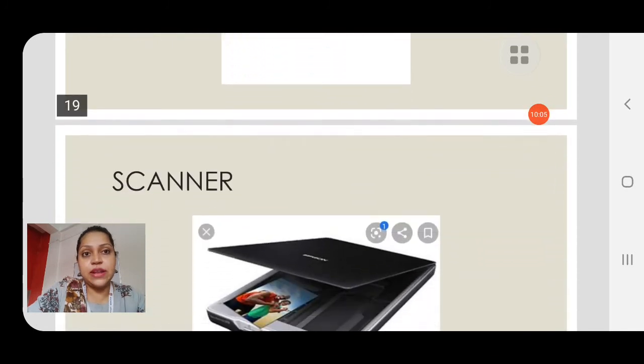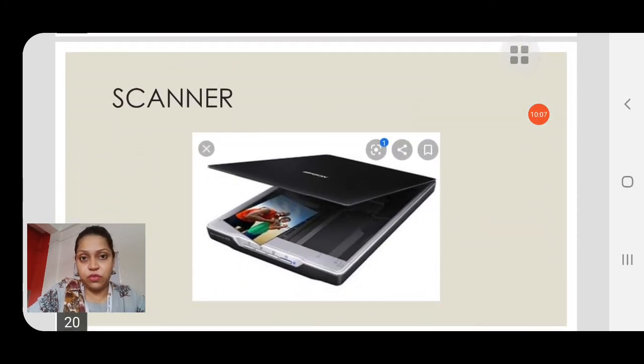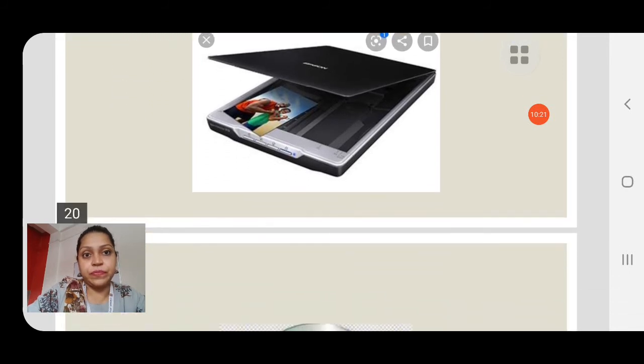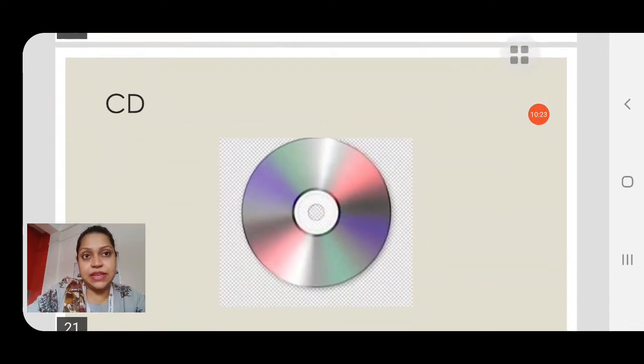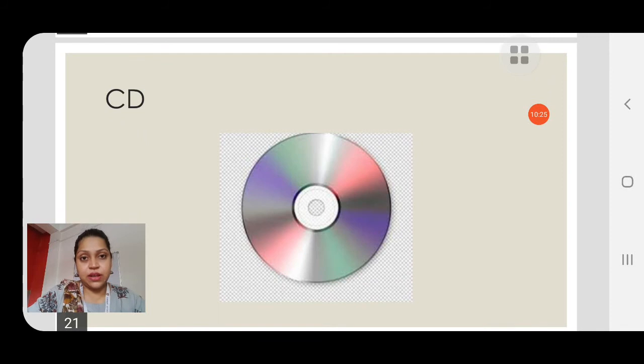Then we have, children, a scanner. A scanner is also used with the help of a computer. We can scan photos, we can scan documents, anything we can scan. Then we have a CD. A CD is also used in a computer.